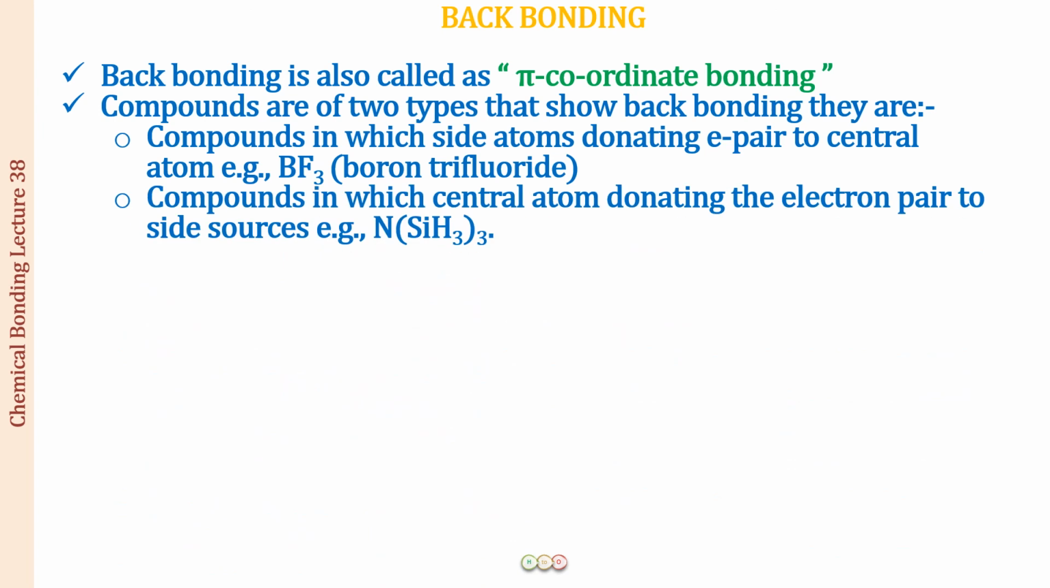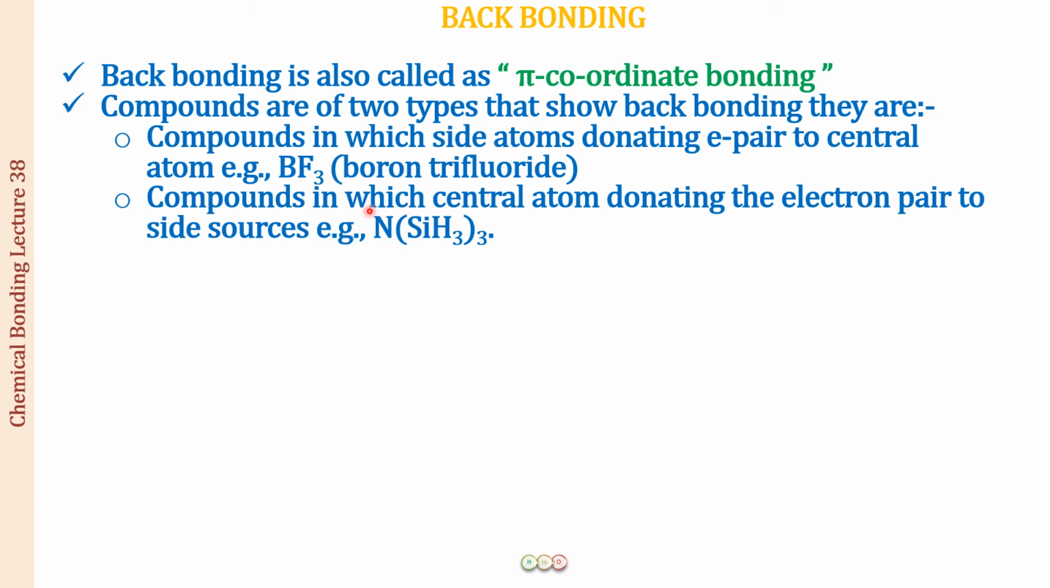The next type of compounds are going to be the ones in which the central atom is going to donate the electron pair to the side atoms. For example, in the case of this molecule, which we call trisilylamine, it is nitrogen which is going to donate its electron pair to silicon. I would like to discuss more about this, but that would be in the next lecture. Just remember this over here. It is going to be nitrogen which is going to donate its electron pair to silicon,